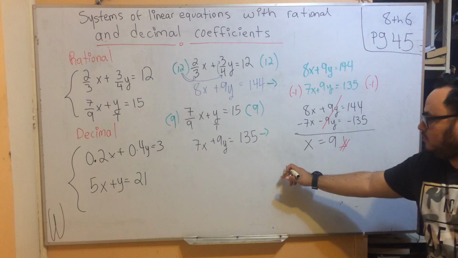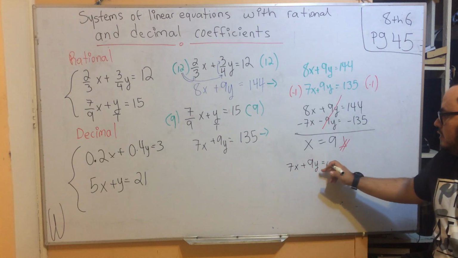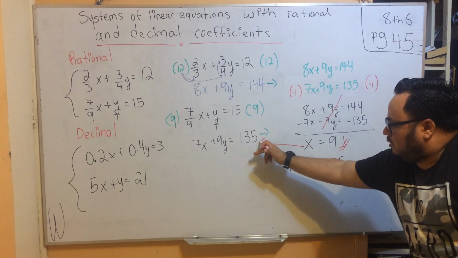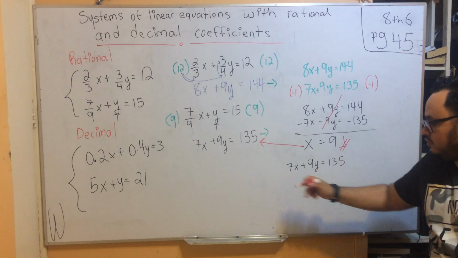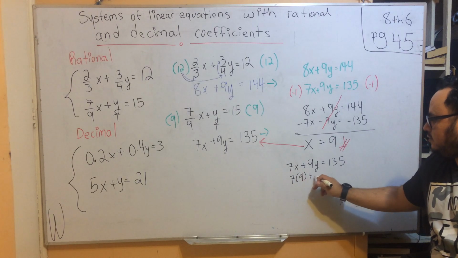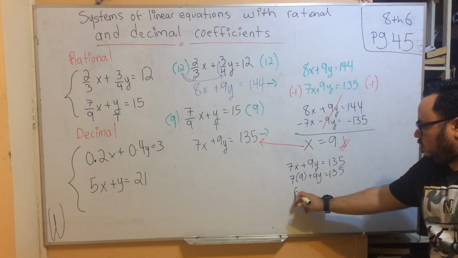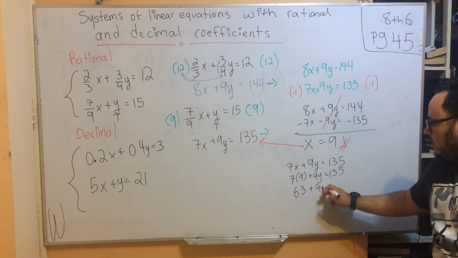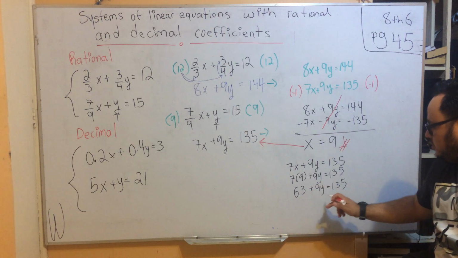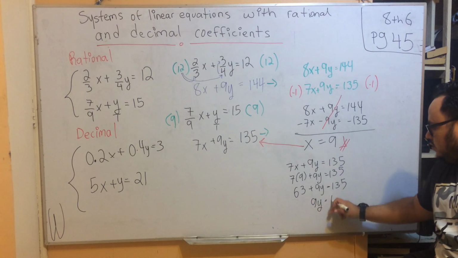So if we have x, let's put it here. 7x plus 9y equals 135. We're taking this value, I'm going to put it here. So x is 9, so that means that we have 7 times 9 plus 9y equals 135. 7 times 9, we know it's 63, plus 9y equals 135. This number is positive, I switch it to the other side, negative. So we have 9y equals 135